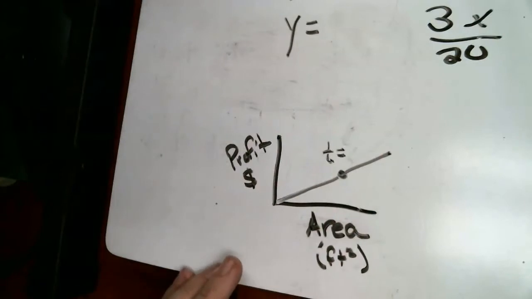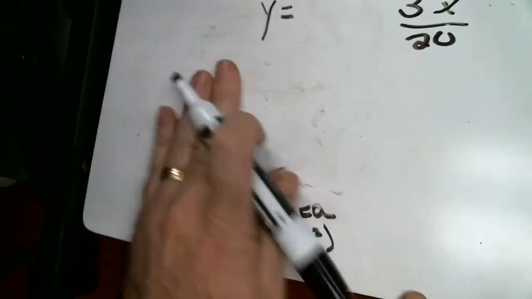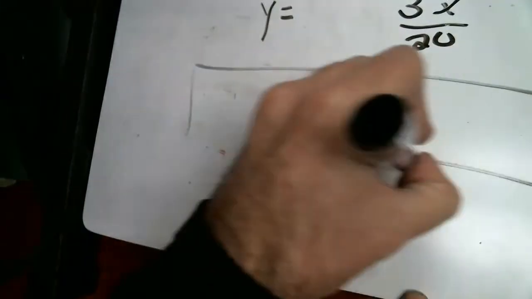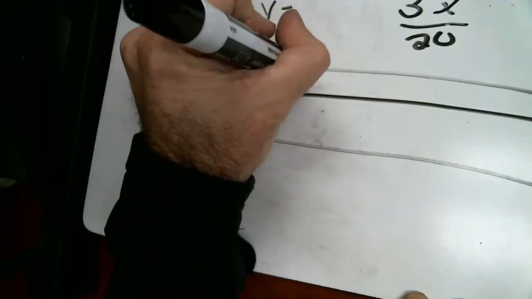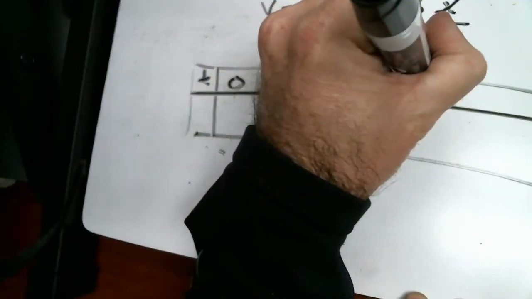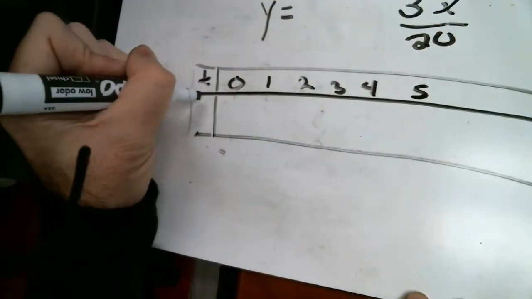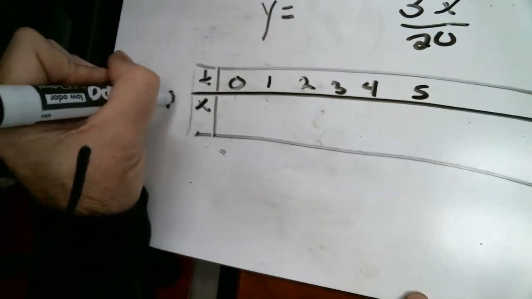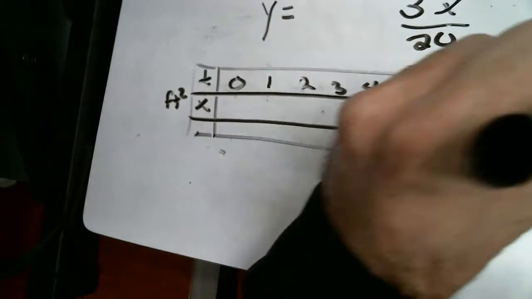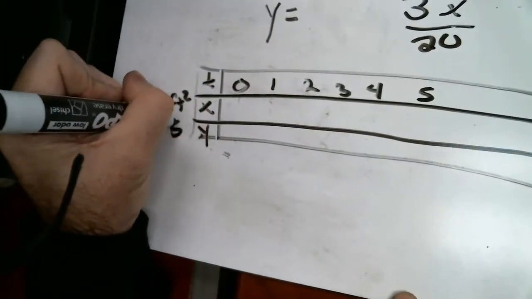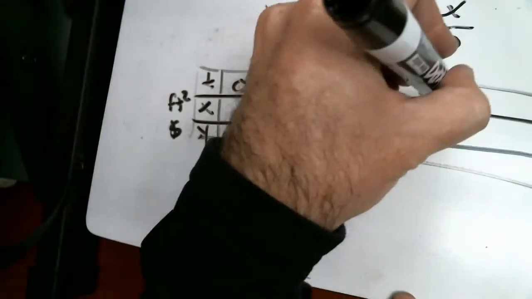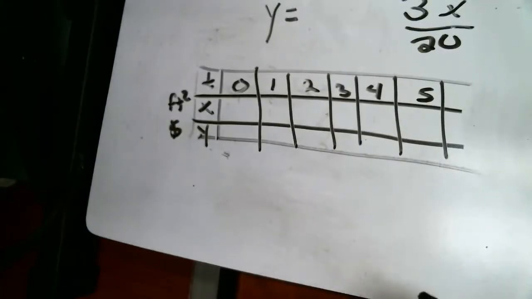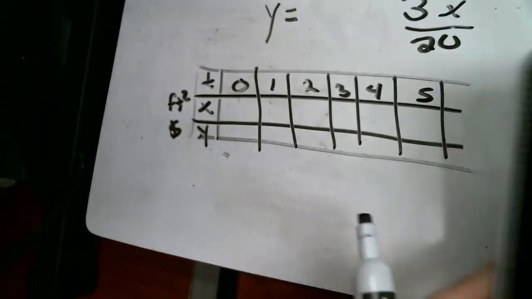Number 2 in the book wants us to make a table. They've got t and a set of given values: 0, 1, 2, 3, 4, and 5. And then they've got x in square feet, and they've got y in profit. So if we want to do it this way, tracing would be a little clunky. And so what might be better, and I probably didn't give myself enough room here, would be to make a